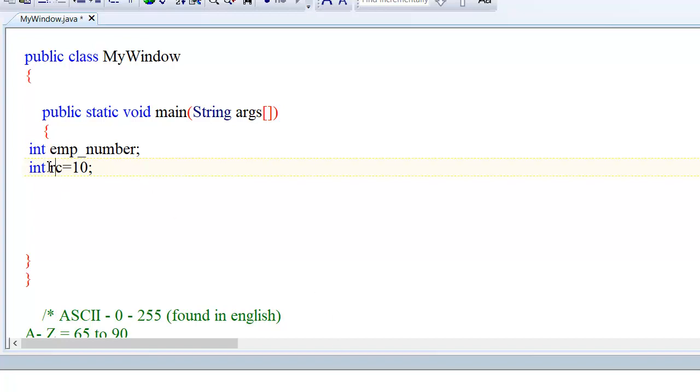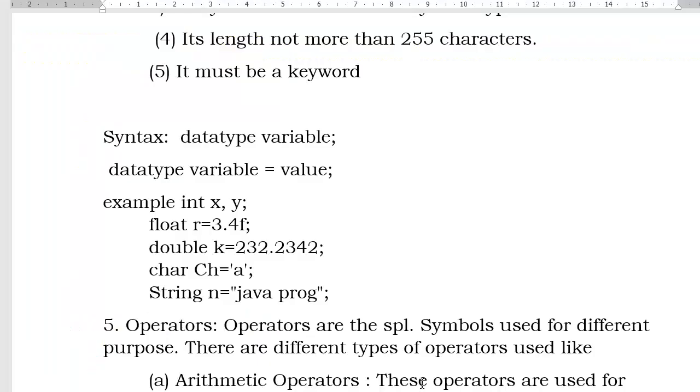If you know the declaration of a variable name, definitely we will know how to declare a class name. Almost the same rules, but only one thing we have to follow: the first letter must be capital for a class. Java has a standard that when you define a class name, the first letter is written in capital. So this is about the declaration of a variable.